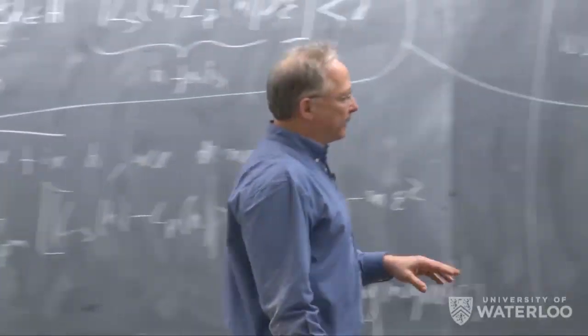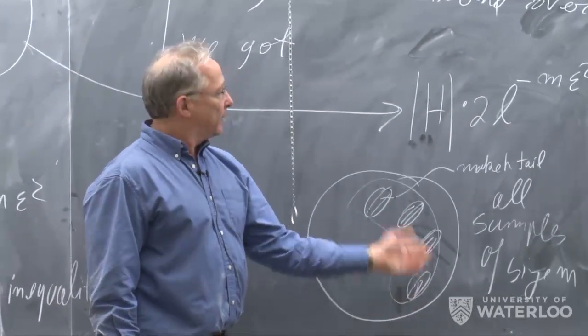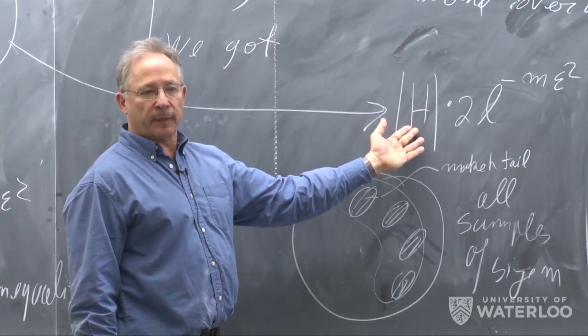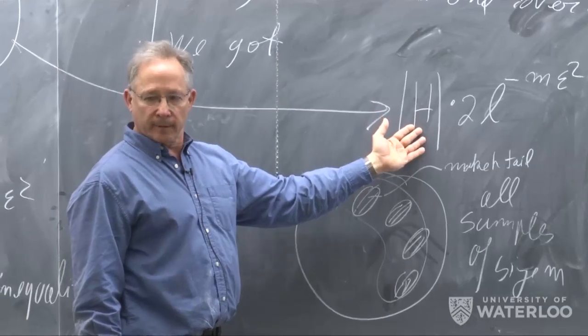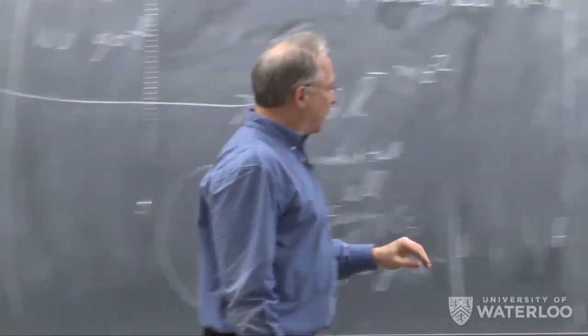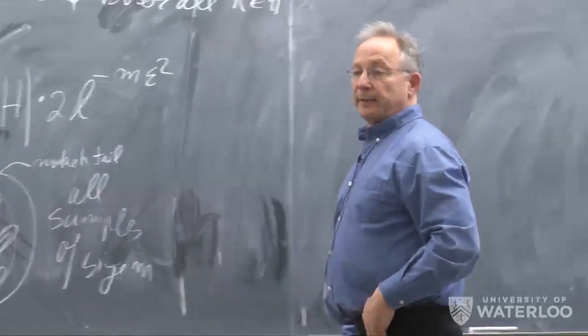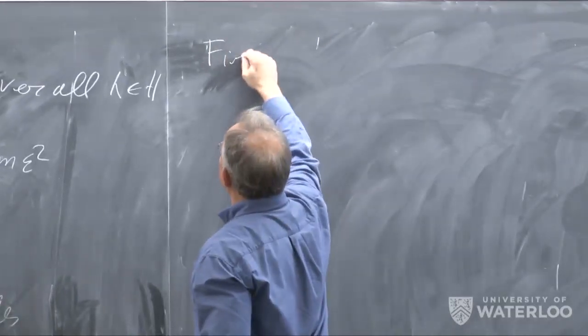The problem is that if I sum the probability of failure of every h in H, there may now be infinitely many of them, and I'll get nothing left in my bound. It'll be completely meaningless. Now, we want to replace the size of H by the VC dimension. So the first idea